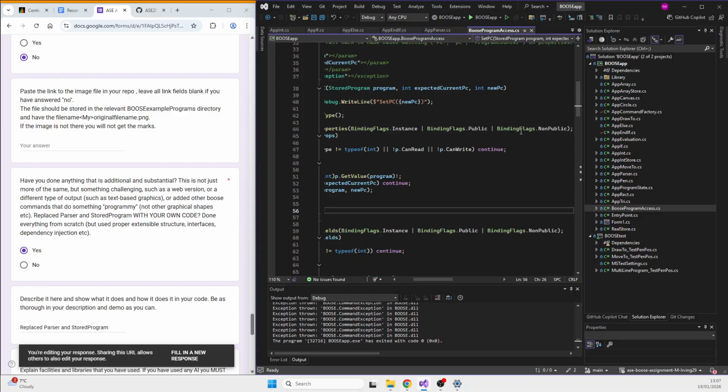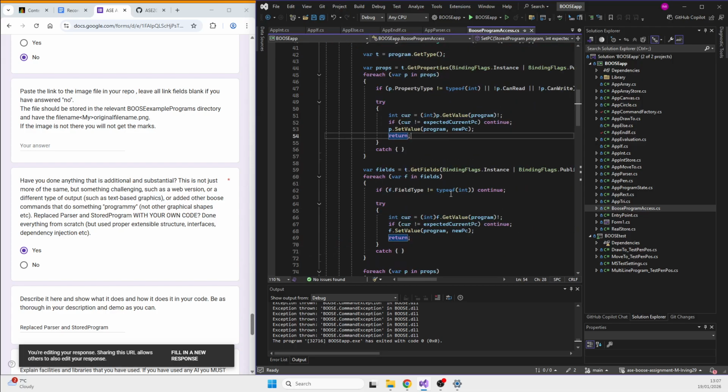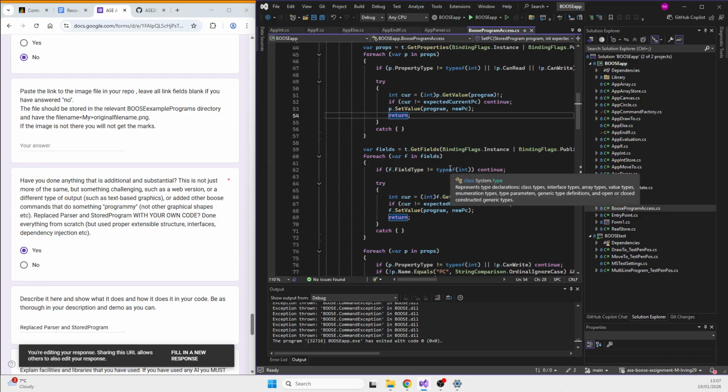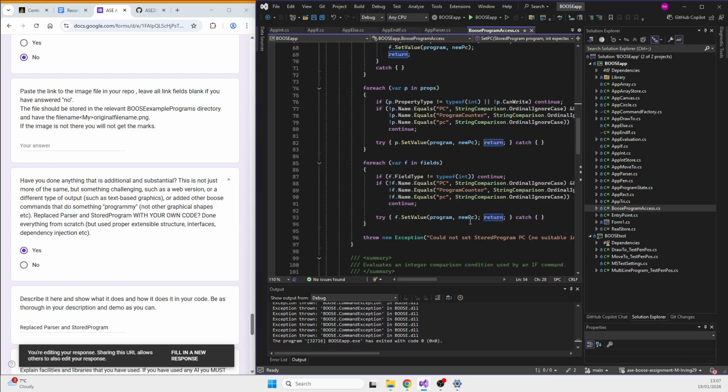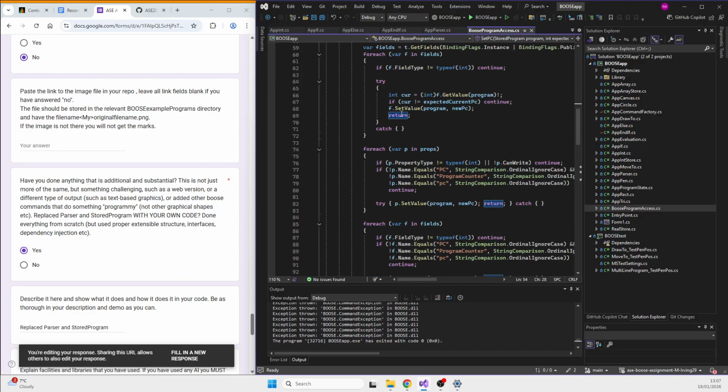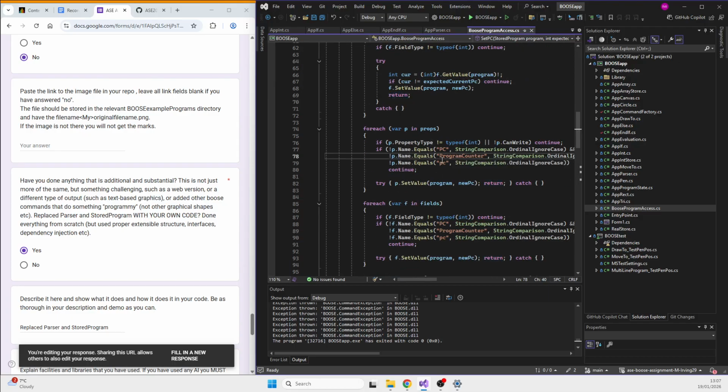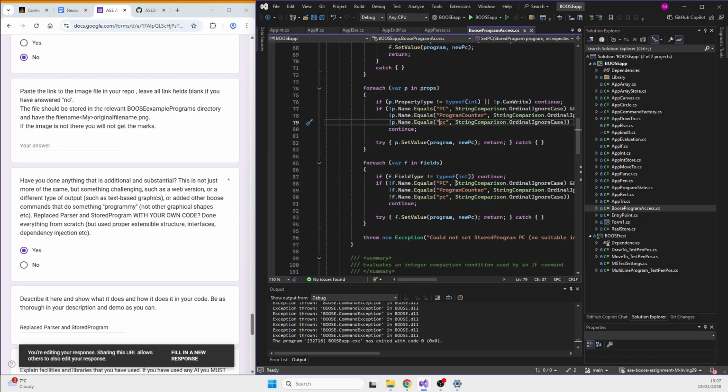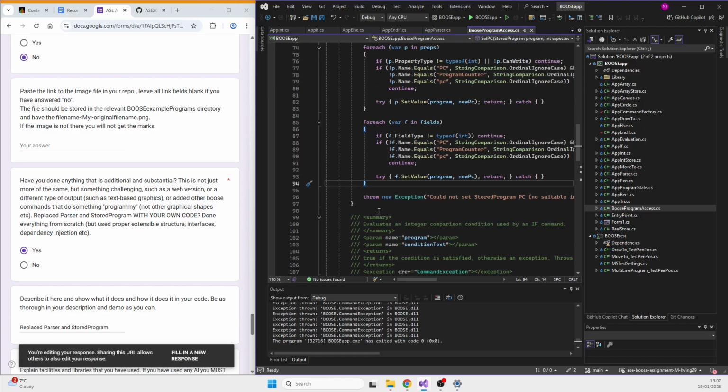It basically means it can read the public and the private values. You wouldn't be able to see the non-public members without the flags. And it just goes through. This is the second failsafe, so it'll just look for string comparisons and eventually comes to its conclusion. But I did manage to get it working somewhat along with the ifs, but yeah.